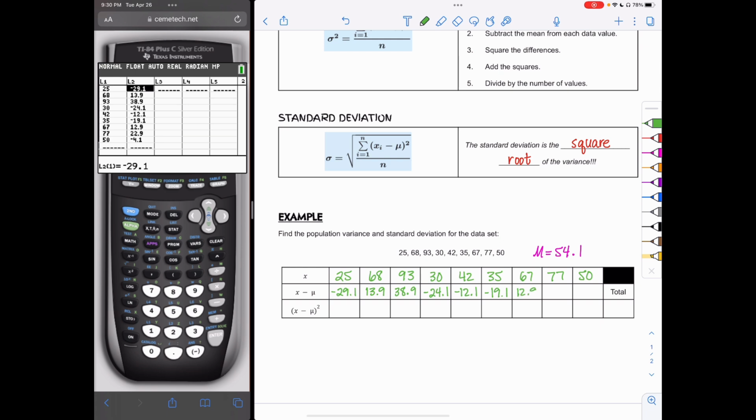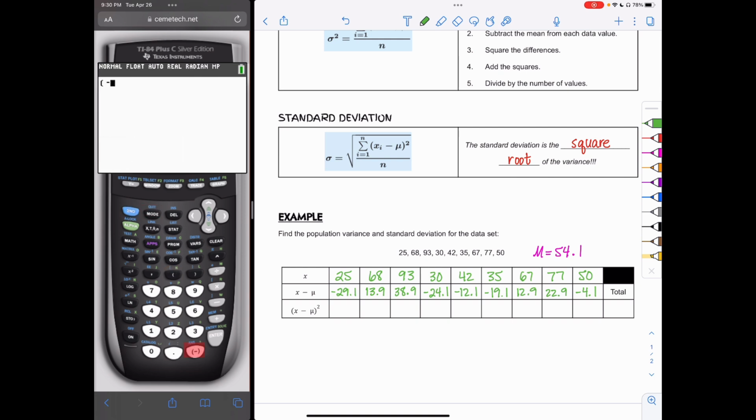So that's a little trick there that you can use in the calculator, or you can just calculate the differences by hand. So now once I do that, I want to square these numbers. So I want to square negative 29.1, and that's going to give me approximately 846.81. I'm going to use the exact value. And then I'm going to have 13.9 squared, which is going to be